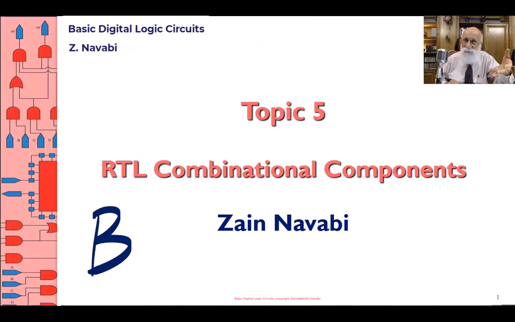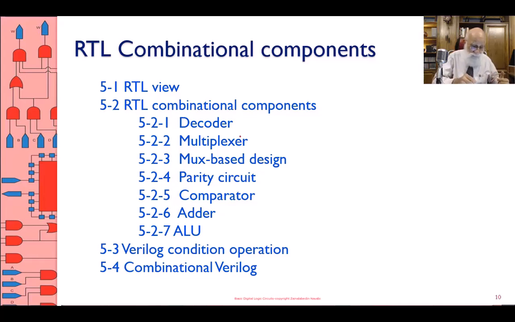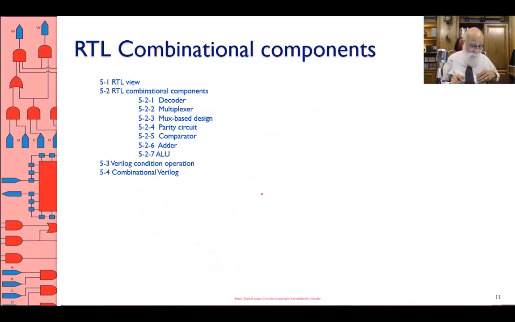These combinational components are things like decoders, multiplexers, a parity circuit, an adder, a comparator, a circuit that does multiple things. And what we are doing now is learning these. What are we learning about these? We're going to go through each one of these, and what we are learning is, one,